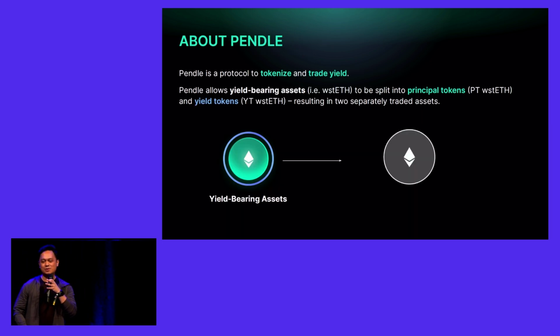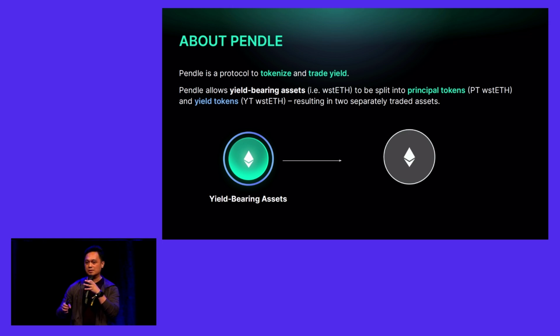So what is Pendle? Well, Pendle is a platform where we can tokenize yield. And we do this by splitting the yield from the principal. So we can take a yield-bearing asset such as stETH from Lido, and we split the yield. Let's say it earns 3% of staking yield from the underlying principal itself. And each component can be traded in its own market. That way, you can have positions across those two different assets: if you are long yield, you would buy YTs. But if you want to get a fixed rate, then you can buy the principal portion of it, or what we call PTs.